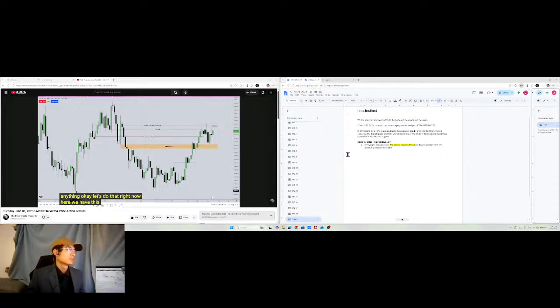Here we have this low right there. See that little pierce below it right there? Little tiny short move below that low right there. It can and it could have very easily